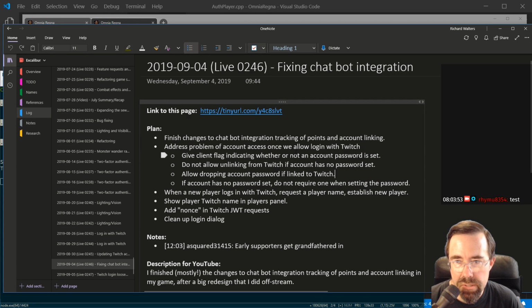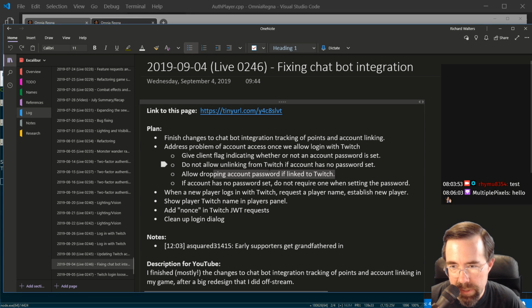so that if we log in to the game with Twitch, we want to give the client the ability to not need to have a password set, so you can drop your account password if the account's linked to Twitch. In order to prevent people from losing access to their account accidentally, we would not allow them to unlink from Twitch if the account has no password set, and you can set a password if you don't have one. So that I got all working in the test environment, and so it's left with these last things which I'm